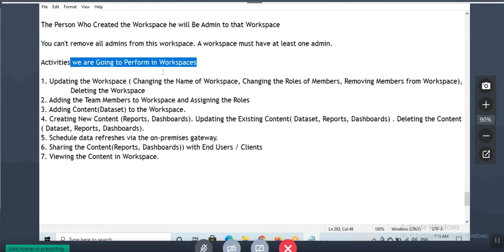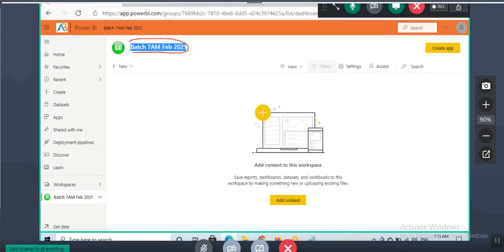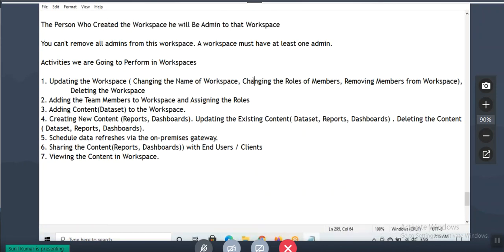First one is, once we create the workspace, sometimes there is a need of updating the workspace. Updating the workspace means changing the name of the workspace. So you're given the name like this. Might be you need to change this name. And then might be there is a need of changing the roles of the